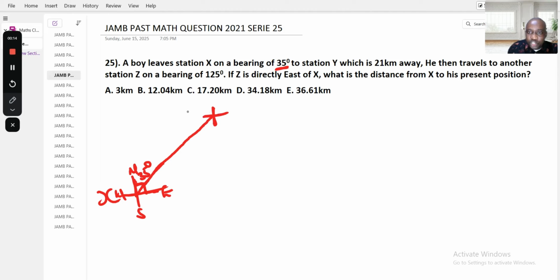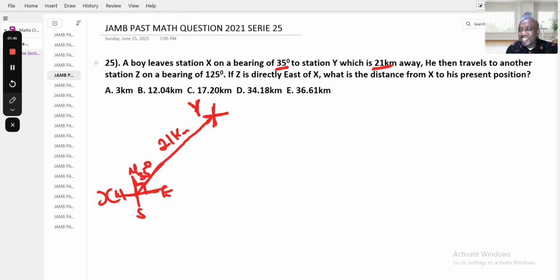So to station of where? Station Y. So this is station Y. This is 35 degrees. And the question says 21 away. Let me write the 21 here. It means that Y is 21 kilometers away from X. Now the question says, he then